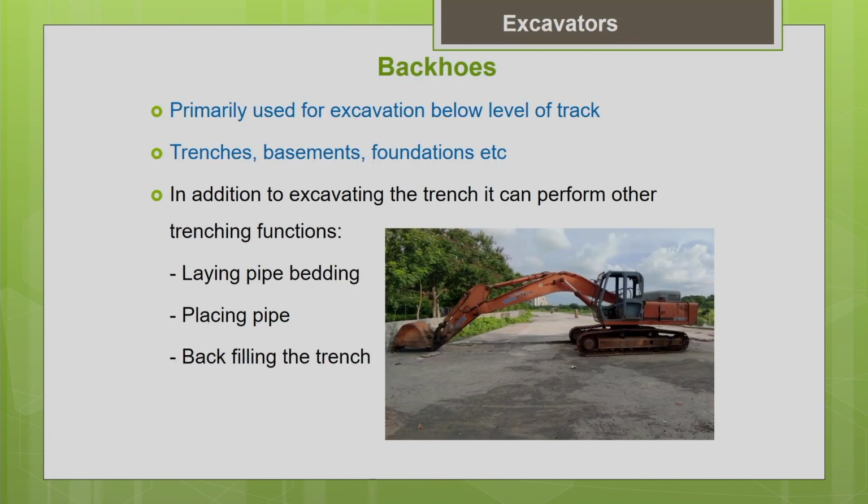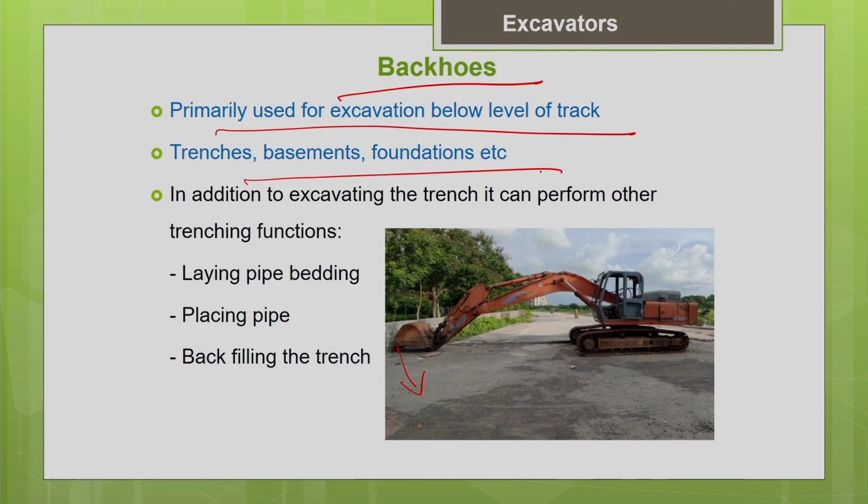So now let us discuss the backhoes. You can see that the basic parts and the operation are similar for both the machines, but the only thing to be noted is that the digging motion of the bucket is in a downward direction. So it is preferred for deep digging below the ground level. This machine is used for digging below the ground level, mainly for excavation below the level of the track. Commonly you can see its application in trenching operations, and for excavation of basements and foundations it is very commonly used.